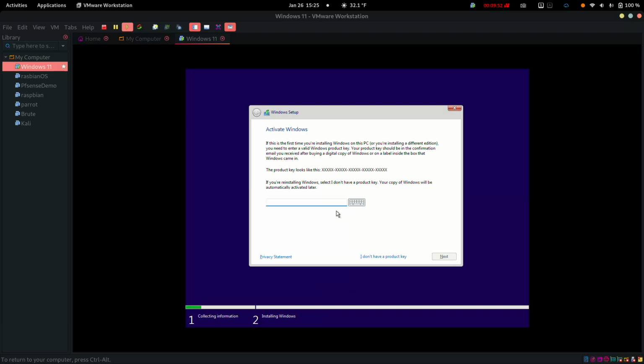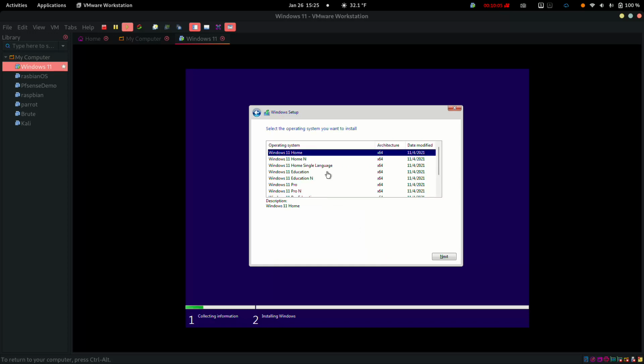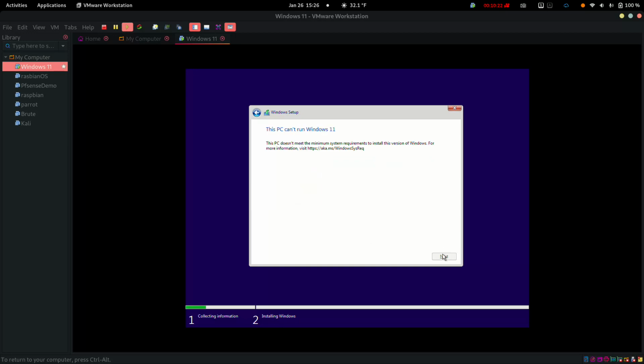So if you have a key, you can just go ahead and put it here. And if you're just testing like me today, you can say we don't have a product key, and bypass that. If you have a key, that means you're gonna know what kind of key you have. You might have Windows Pro or Education. You can just select whatever key you have it for, and since we're just testing, we're gonna leave it to Windows 11. Hit next,